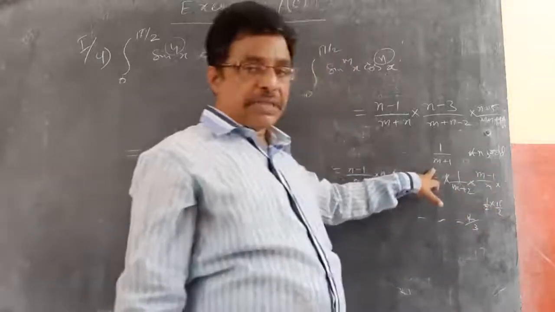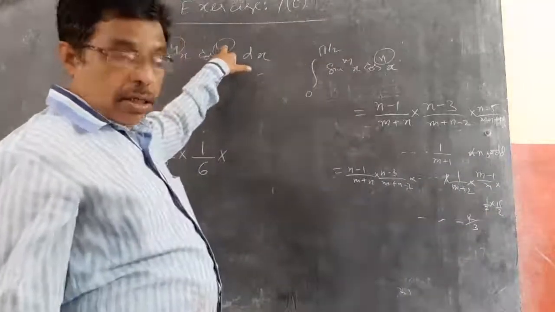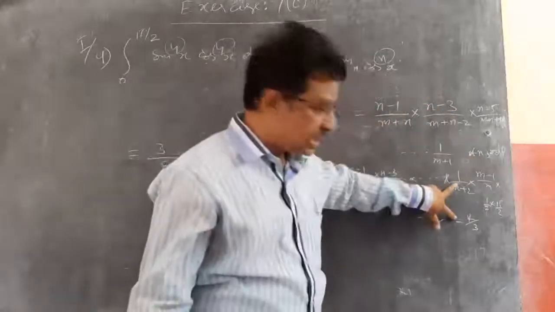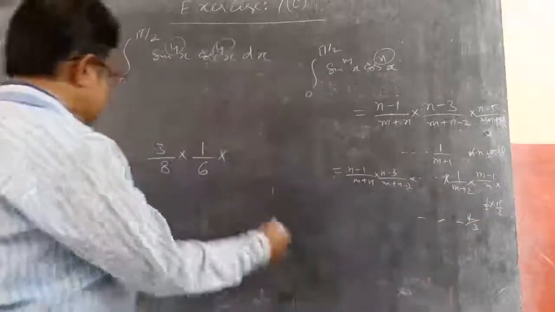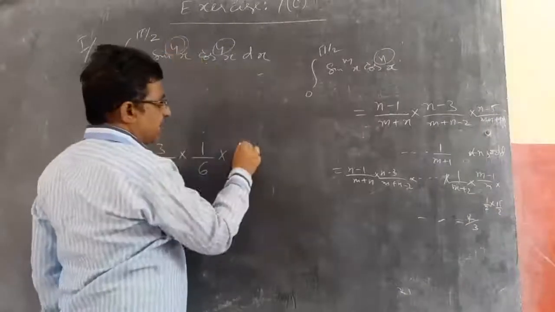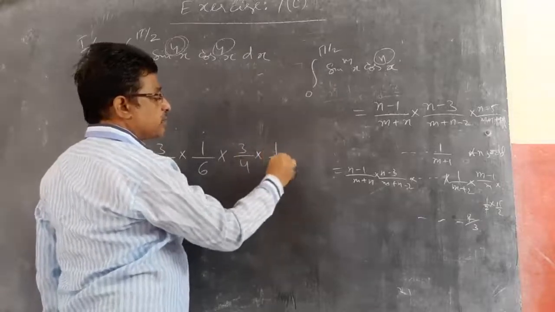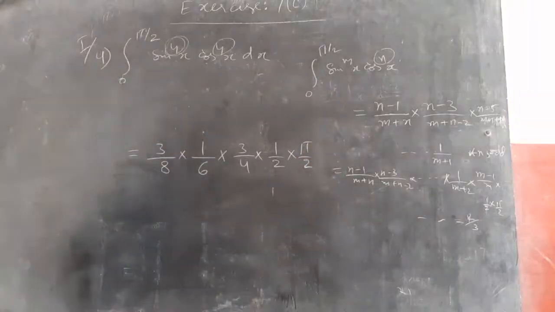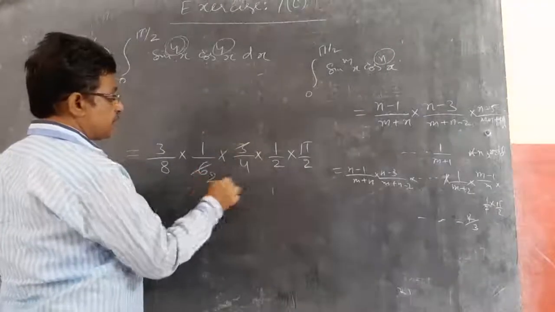If it is 1 by m plus 1, when do you get 1 by m plus 1? When n is odd, you will get 1 by m plus 1. Here n is even. If n is even, there are two cases: 1 by 2 into pi by 2, or 2 by 3, depending on the sign. So, coming to the sign here, what is the sin power? 4 you have. So, 4 minus 1 again, so 3 by 4. Into again reduce 2, 3 minus 2, this 1 by 2. If you are getting 1 by 2, keep pi by 2 I told. Now, if it cancels, simplify, otherwise leave it like this.